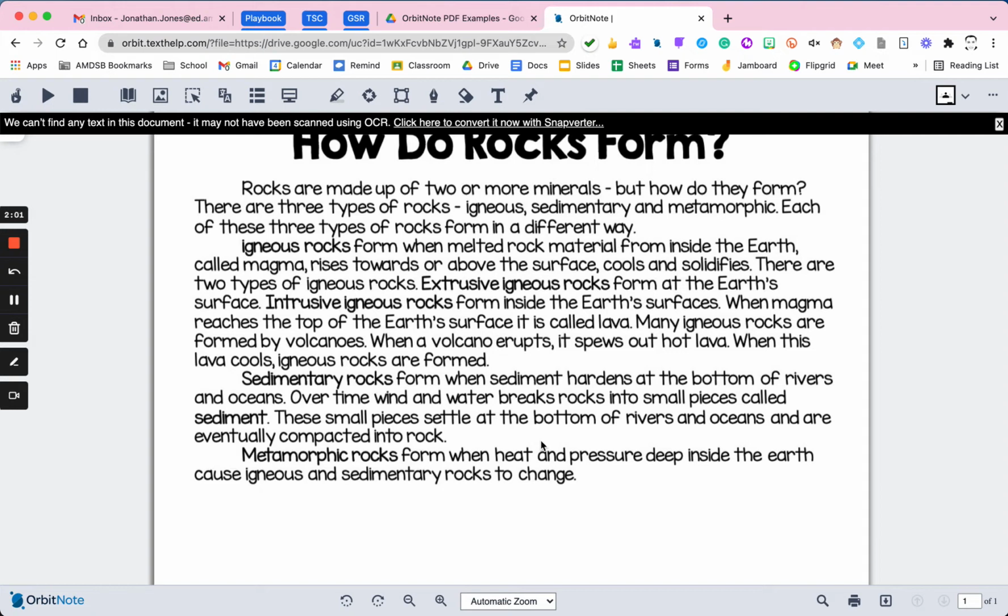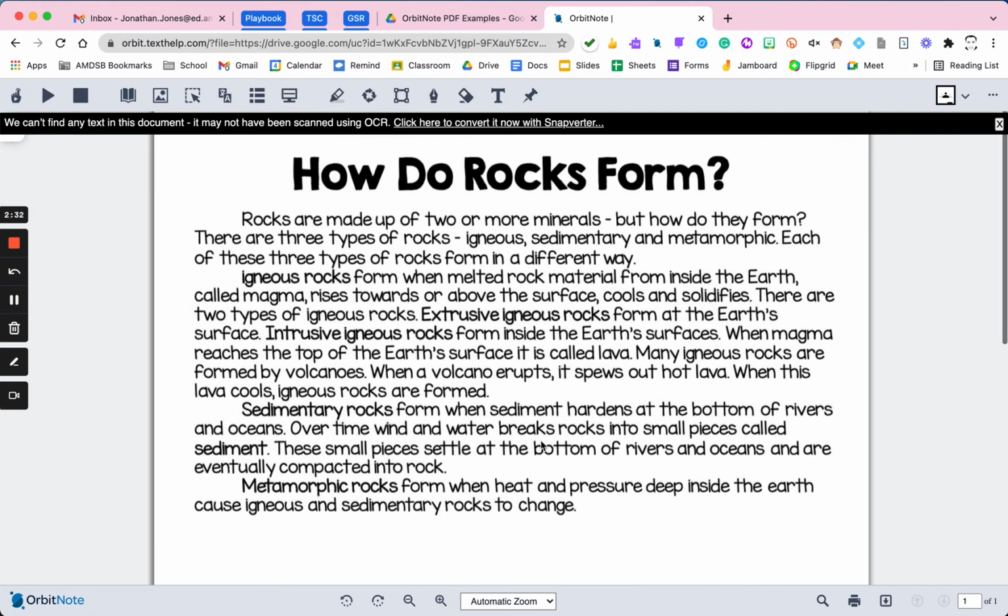The issue with that is that OCR technology, which is Optical Character Recognition, like OrbitNote, relies on having the text remain in text format to be able to accurately read that with text-to-speech. Right now, it's looking at a document that it thinks has just two images, likely one for the title up at the top and one for those four little paragraphs of text. So I have a couple of options here. If a student is really stuck and you have only this image option,